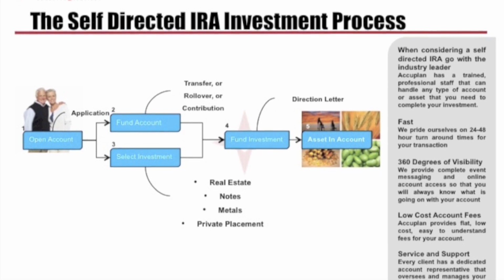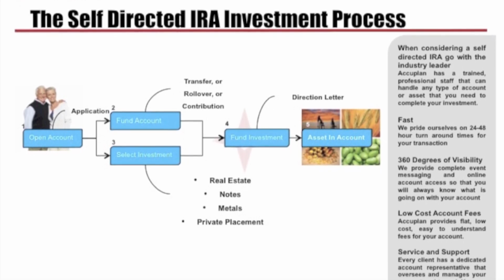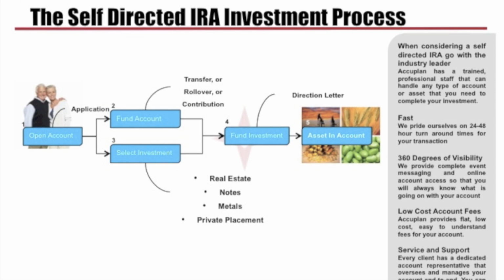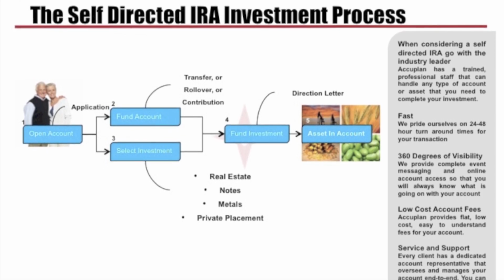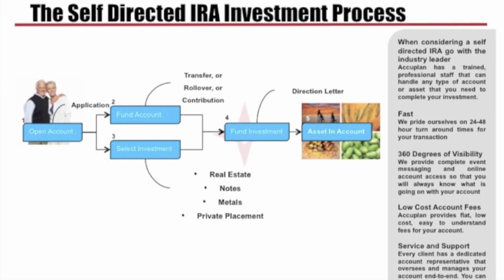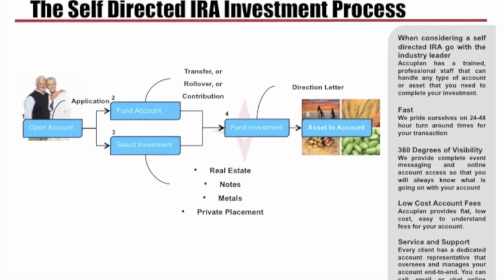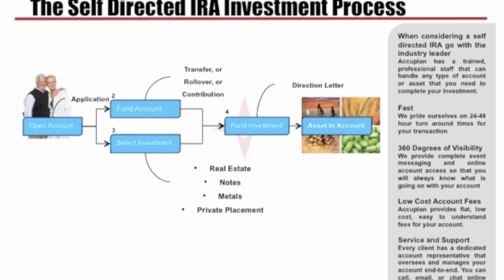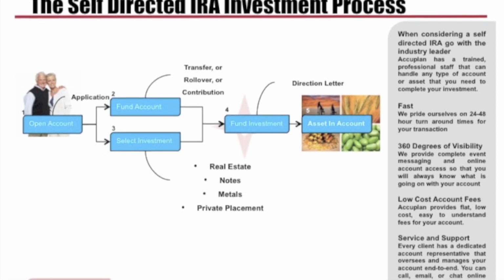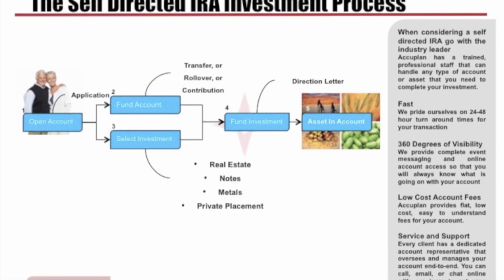So the first step is to establish the account. The account process is as follows. You're going to open your account. You can do it online, and usually we can establish the account within minutes from the time that you complete the application online, or we can send you the PDF version of the application within 24 hours. We can have you an assigned account number for investing that will allow you to go into contract.